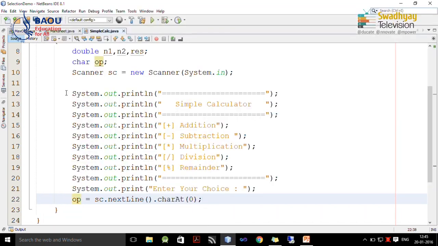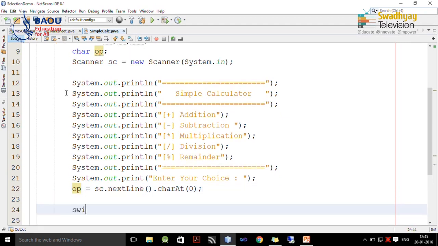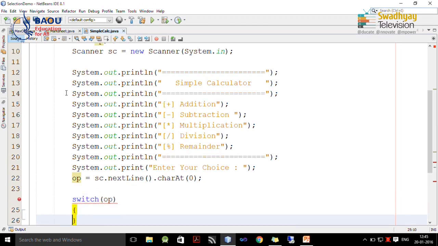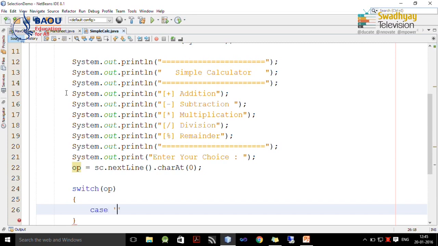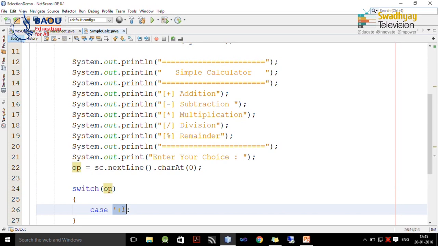That means the first character entered by the user in that line will be considered as an operator, and generally it is plus, minus, multiply, division or percent. So, inside op we have the user input, and based on this operator we will perform the necessary action. So, I am going to write down different cases. If op is plus, what does it mean? If op is plus, we want to perform addition. So, I write down inside this case "Enter number 1",